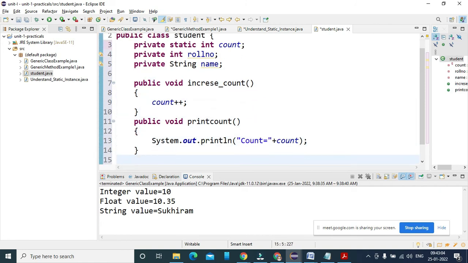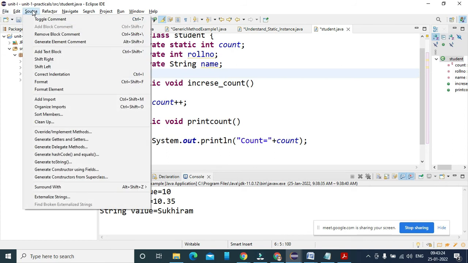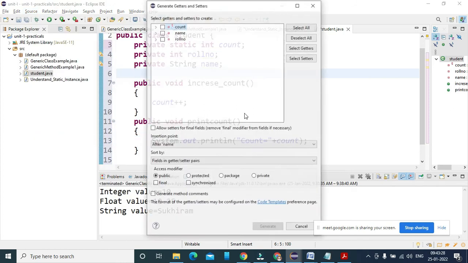Okay, and I'm going to use roll number and name. We need the setter and getter, so I simply generate a setter and getter.